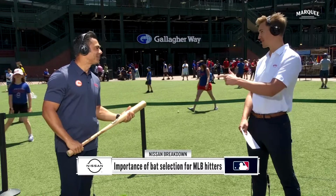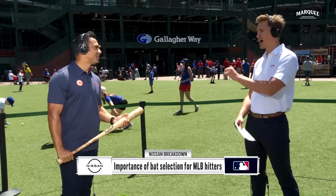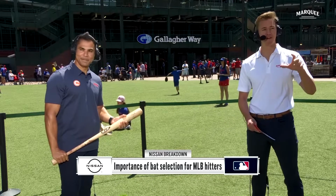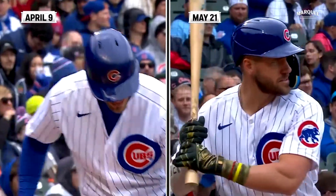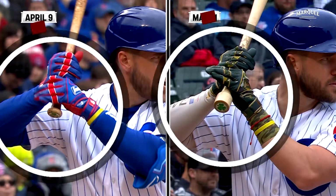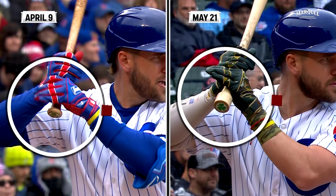Absolutely. And Patrick Wisdom, third baseman for the Cubs, adjusted the knob he was using on his bat, which I find really interesting. We're going to jump into a bit of a VO here that takes a look at that specific knob change. You can see he changed it on May 17th. April 9th there, you see a pretty standard knob. Jumping to May 21st, that knob is now thicker and larger,